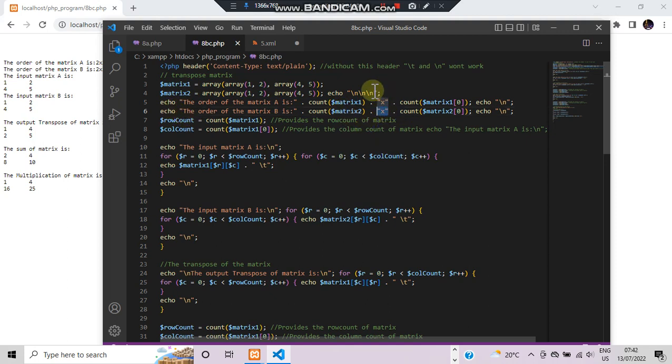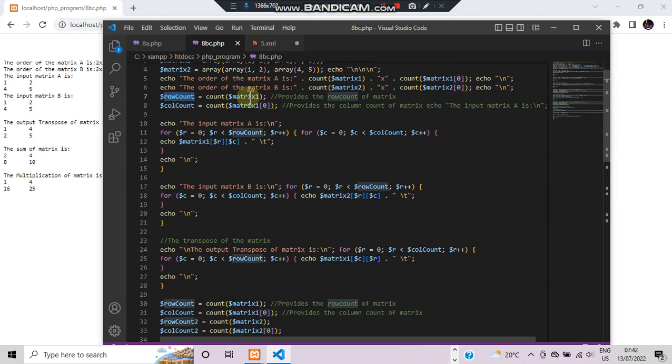Okay, after that what is actually happening is, in a 2D array also, if you want the number of rows, we'll be writing the matrix name here. If you want the number of columns, we'll be writing the first element. The first element denotes the number of columns. So that's what it's showing here, 2 cross 2. Okay, then after that we'll take the row count as matrix 1 and the column count as matrix 2,